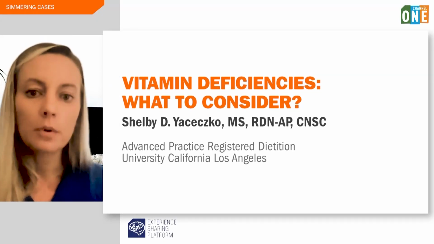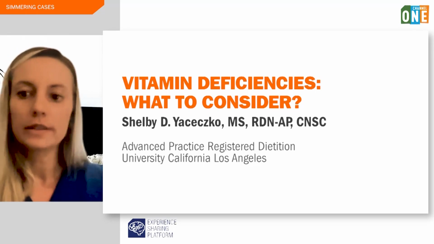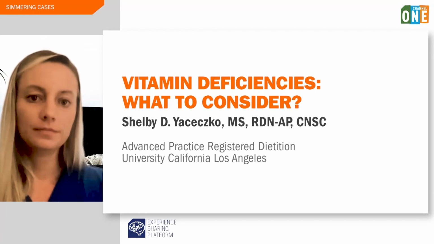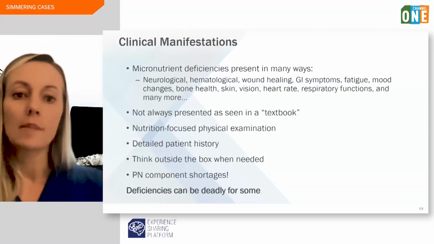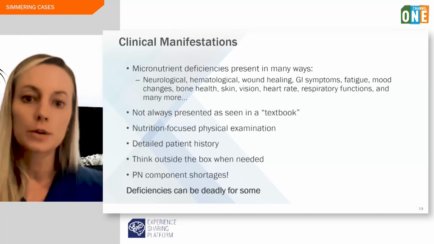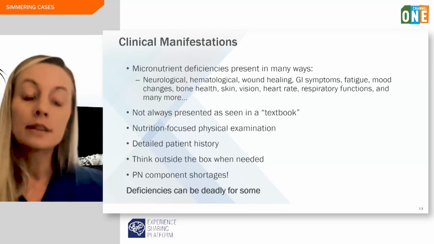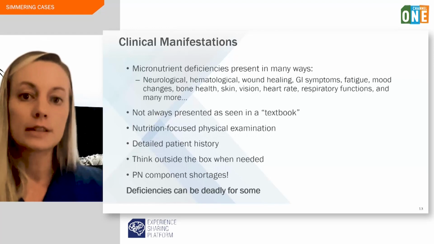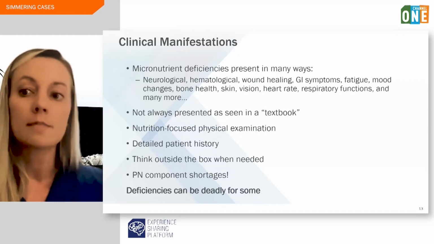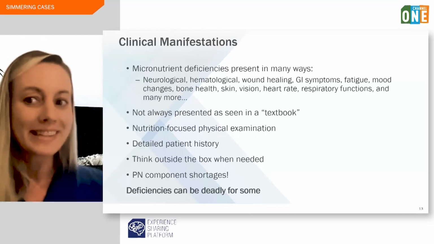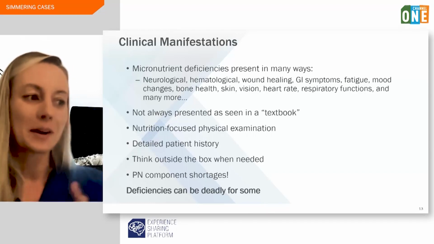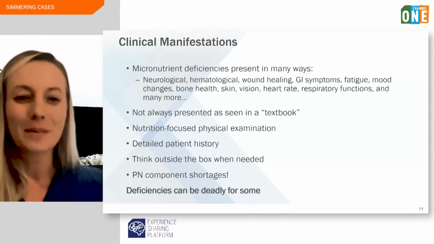So we'll open up with vitamin deficiencies, what to consider. There's really a lot to consider when working up a micronutrient deficiency in any individual, especially those on nutrition support or parenteral nutrition therapy. This is because micronutrient deficiencies present and manifest in many different ways in different individuals, and it's not always textbook of what we can see in our charts or our graphs that we've seen presented